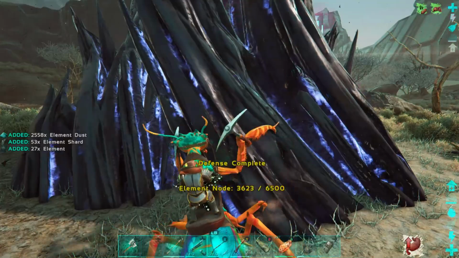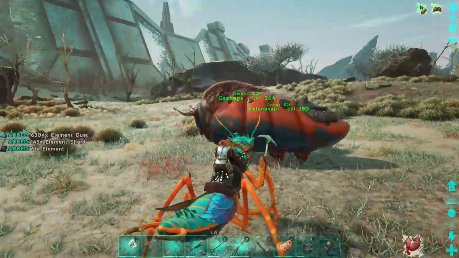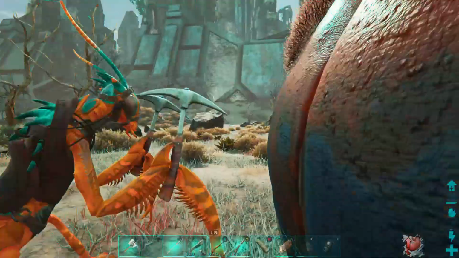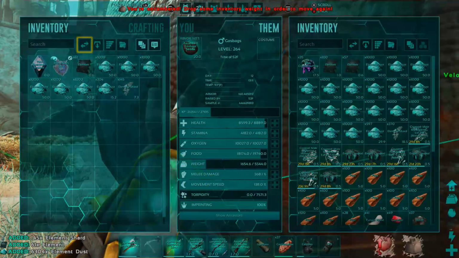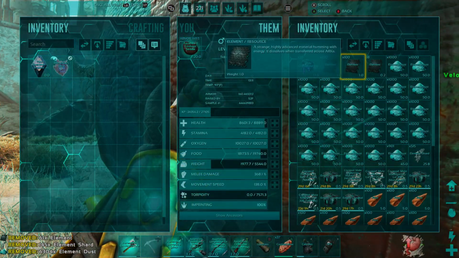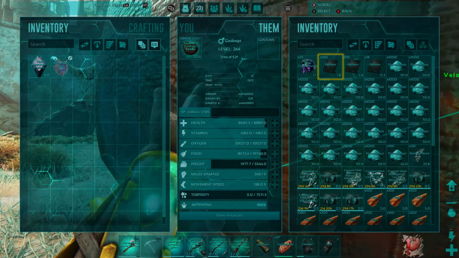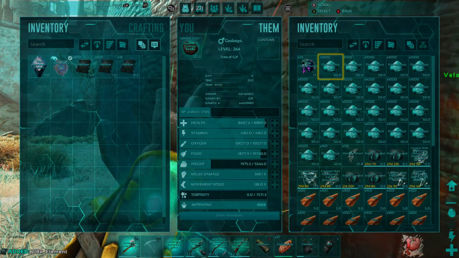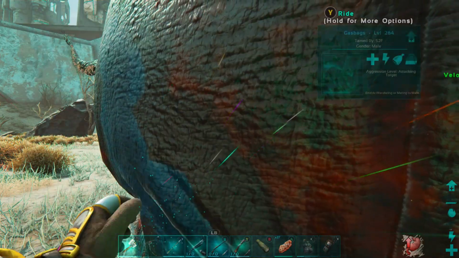Alright, guys, finally the big node. And that's it. Okay. Let's get over here for a second. Let's take a quick look and see how much we got in total. Now, first of all, let me just say, this is single player. 218 element. Now, to give you an idea, 218 element